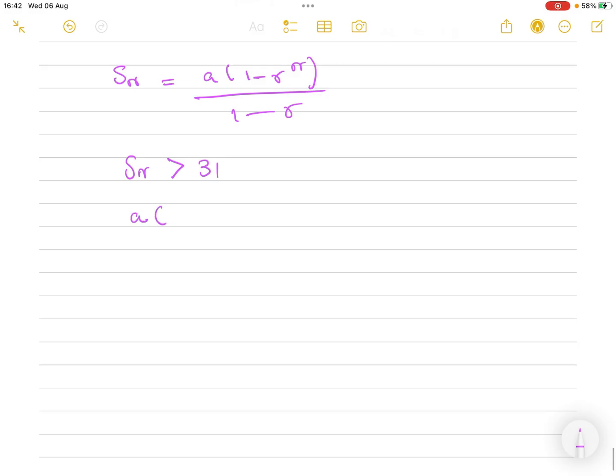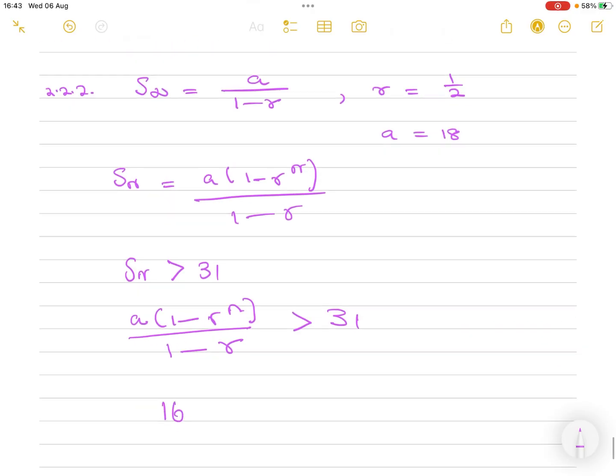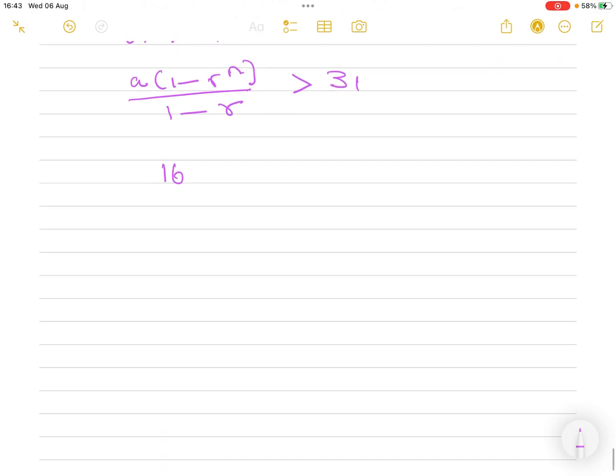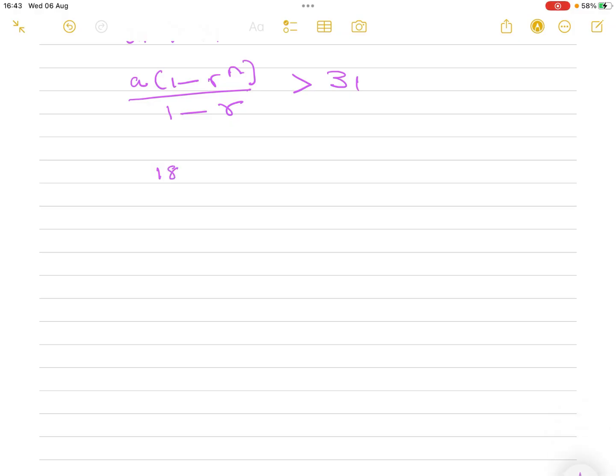Sn says we have a into 1 minus r to the power of n, all over 1 minus r, which is greater than 31. I know the value of a. The value of a is 16. Let me check. Oh, it's 18 in this case, not 16. The value of a is 18